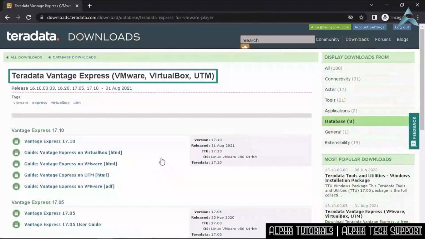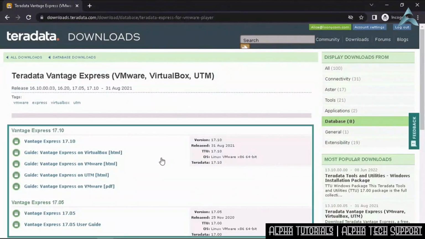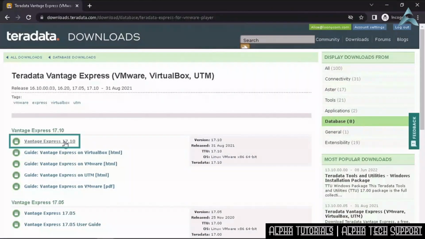You'll observe that the Teradata Vantage image can be run using VirtualBox, VMware, or UTM, which are three popular virtualization tools. Furthermore, there are images available for various versions of Vantage Express. The latest one at the time of this recording is 17.10, and I'll just use this link in order to